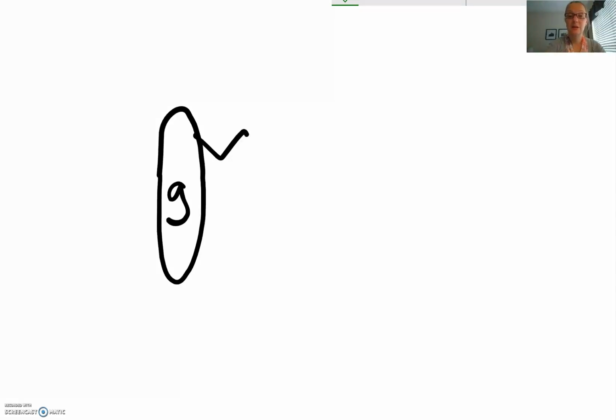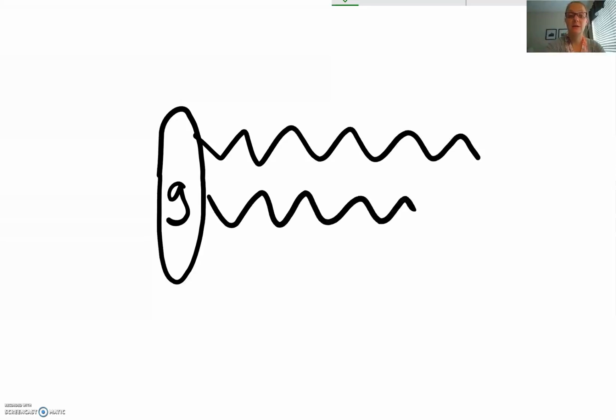You're going to have your glycerol, abbreviated like that. That's our glycerol with a nice little G there. And attached to our glycerol, we're going to have those three fatty acids. Now remember, they can be different lengths, saturated, unsaturated, you name it. Now if we take a look at a phospholipid, phospholipids are very similar, except in place of one of the